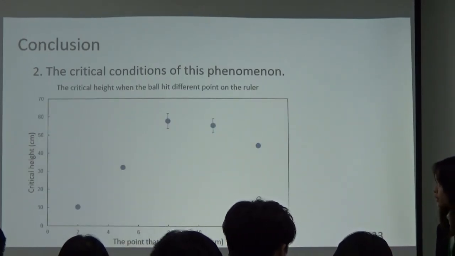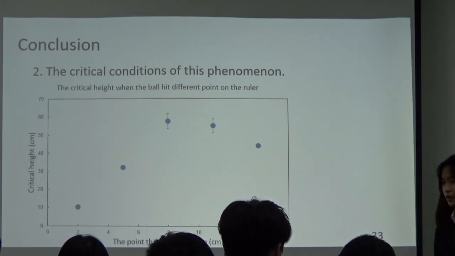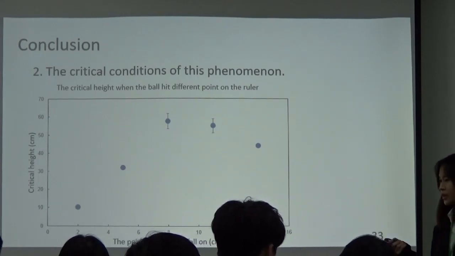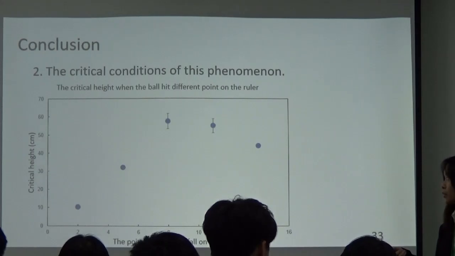And the next one is the critical height when the ball hits on different points on the ruler. If the point hit on the ruler is closer to the table, then it will first rise and then fall. It's because the ruler's